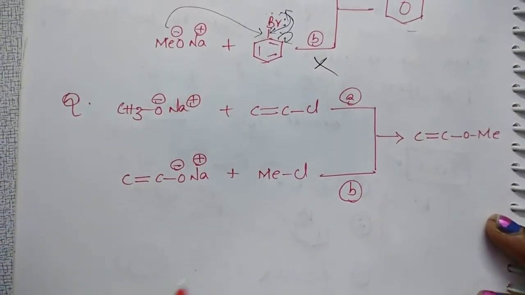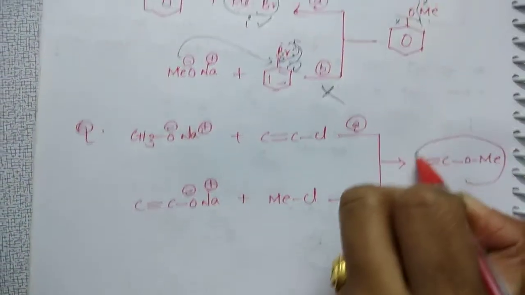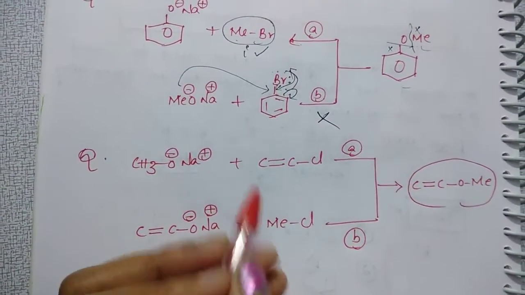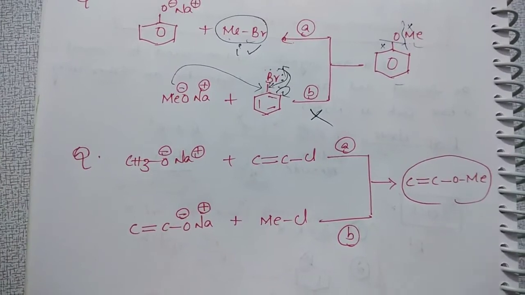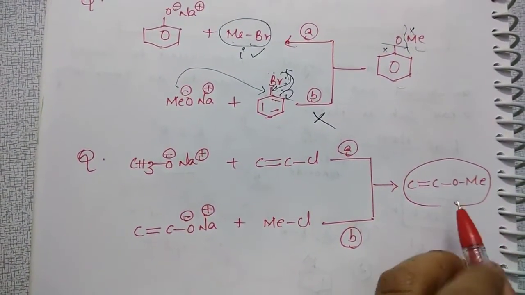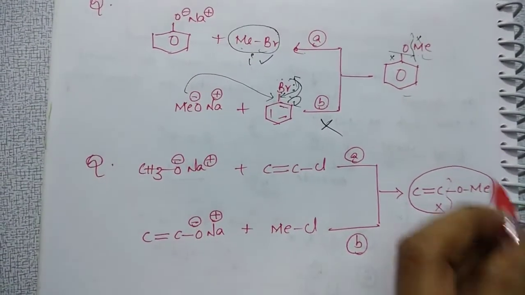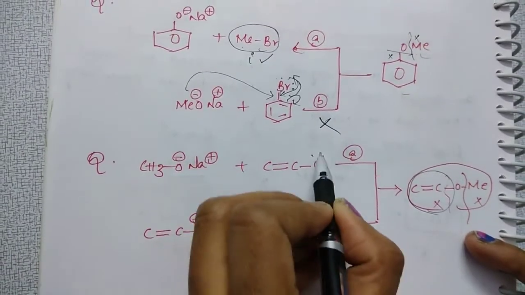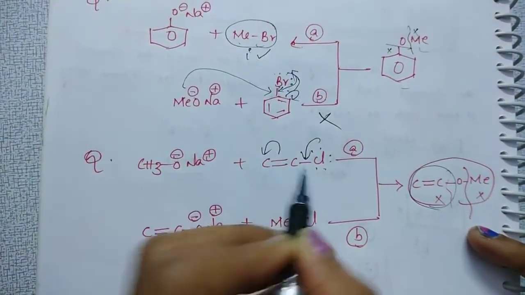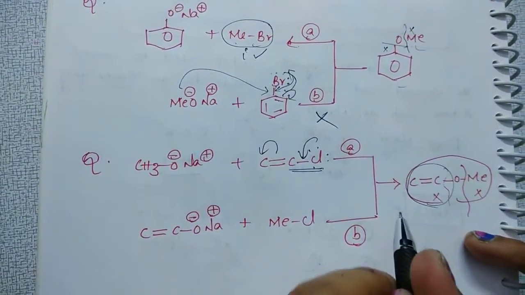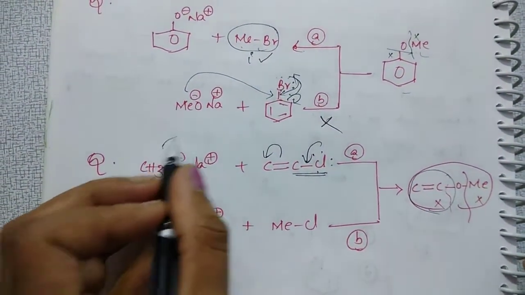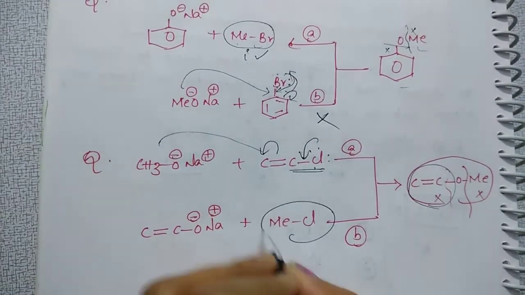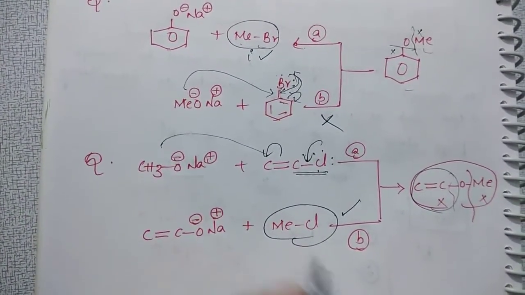See this. You want to prepare vinyl methyl ether. Then there are two routes, route A and route B. Which route gives a correct yield, means a better product? See, this may be the alkyl halide part or this may be the alkyl halide part. If this is the alkyl halide part, then what happens, student? This is involved in resonance, and this carbon-halogen bond gets partial double bond character, so that the nucleophile attacks here, but this halogen cannot go as a good leaving group. Then what is your better yield? Route B gives a better yield when compared to route A.